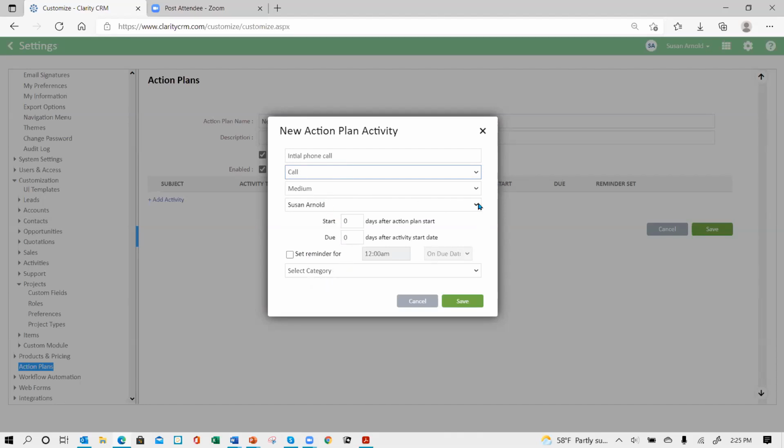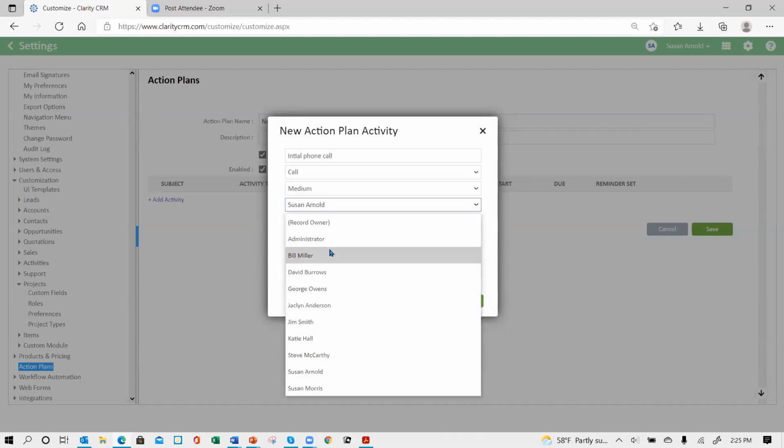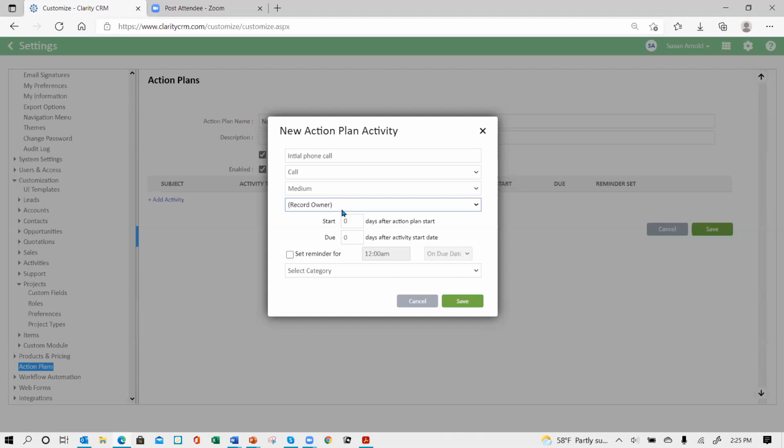And then you can set a priority, and then you can assign something to a specific user. Or if you set it to record owner, then whoever the record owner is for the project, or wherever the module is that this is going to be associated with, that person will be assigned the activity by default. Okay, that's probably what you're going to want to do most of the time,